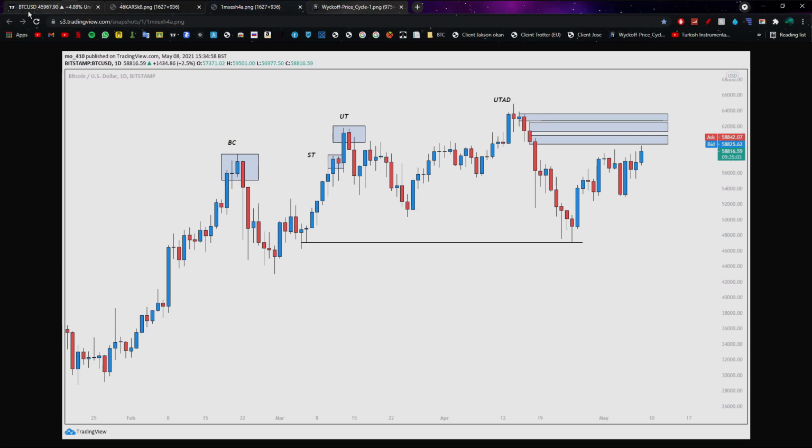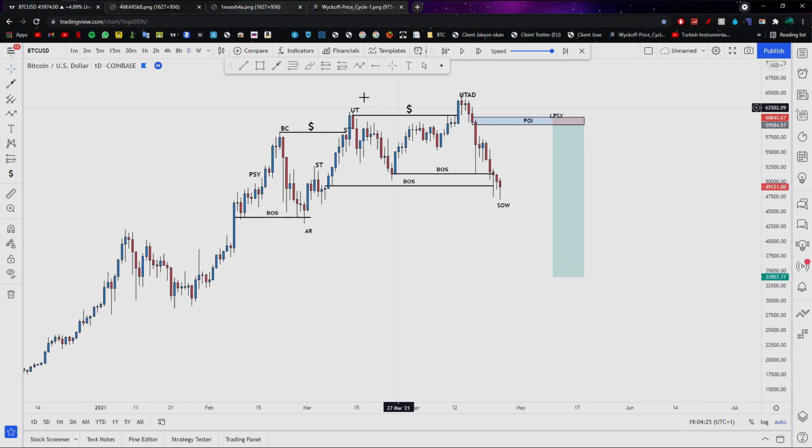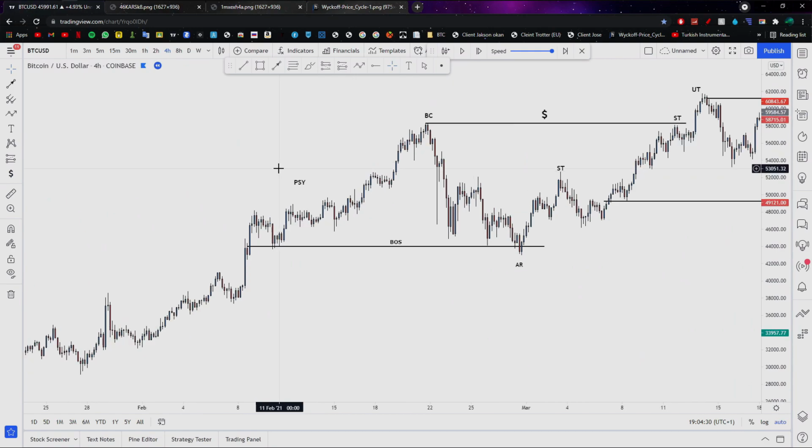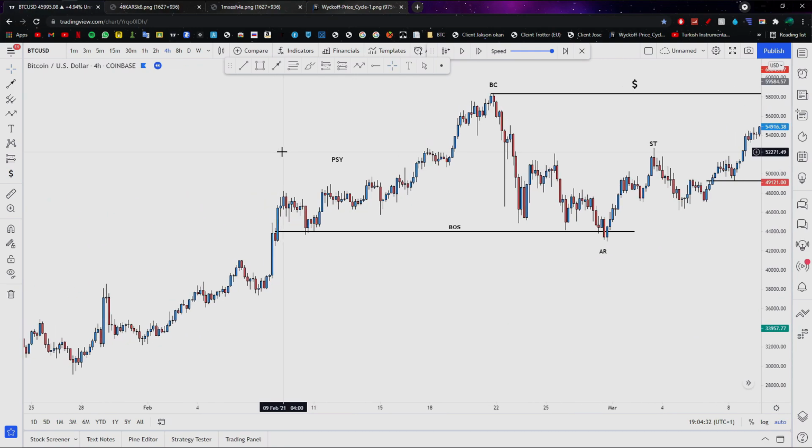And just to show you this on the actual Bitcoin chart, if I go onto the 4-hour time frame, I'll start breaking this down. So first of any Wyckoff distribution, we will first see our preliminary supply. Our preliminary supply is the area of decreased buying, which causes a movement of consolidation into our buying climax.